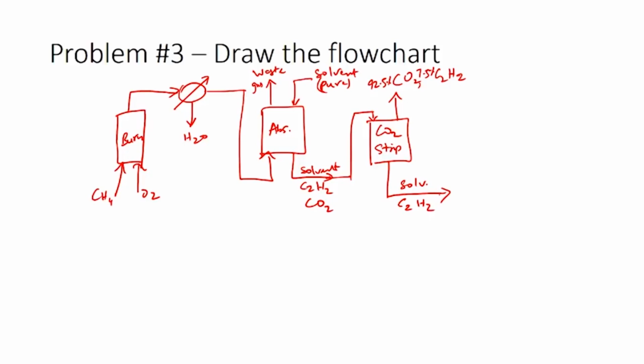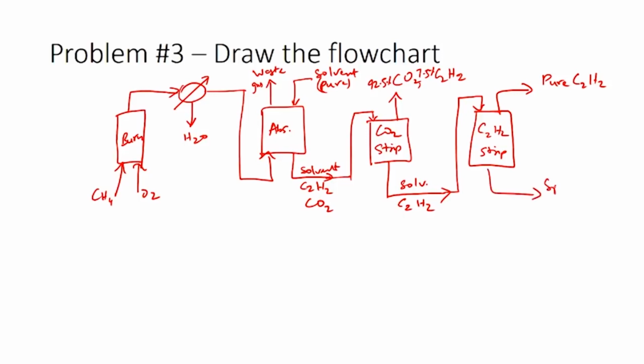So, now you have a solvent which carries the acetylene, and this is then sent to an acetylene stripper, C2H2 stripper, where pure acetylene is collected as the product. So, obviously there will be spent solvent which is leaving the system. So, this would be the flow chart, and based on the information given we have to assume that the gases